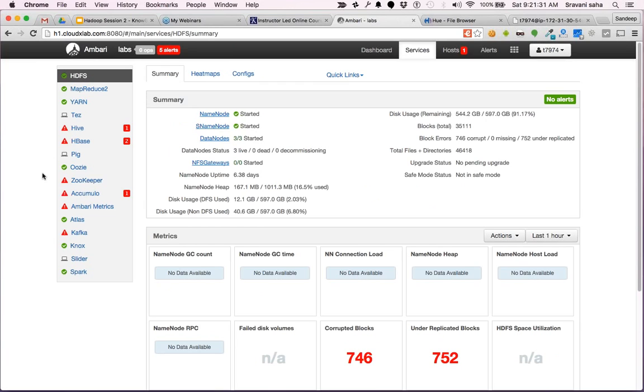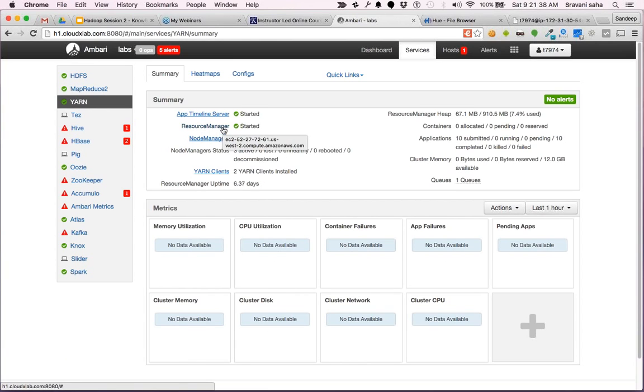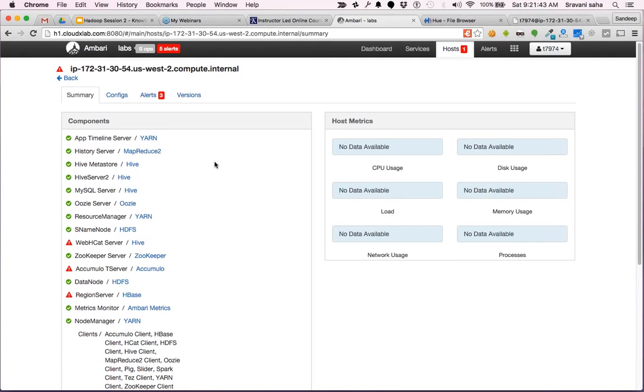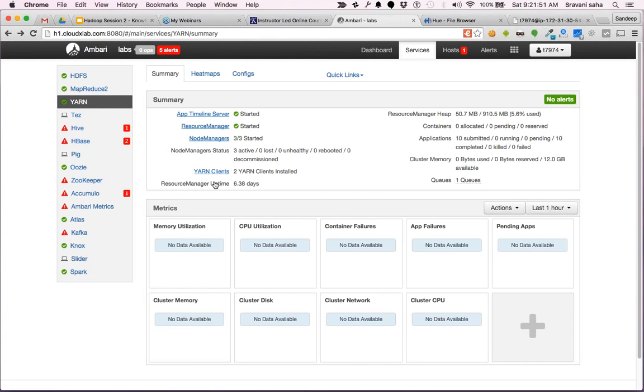Okay. So there are three data nodes, and as part of YARN you can see that there is a resource manager and there is a node manager. If you click on resource manager, you can see that it's running on this particular machine. Okay, now we have node managers. There are three node managers, one resource manager, and